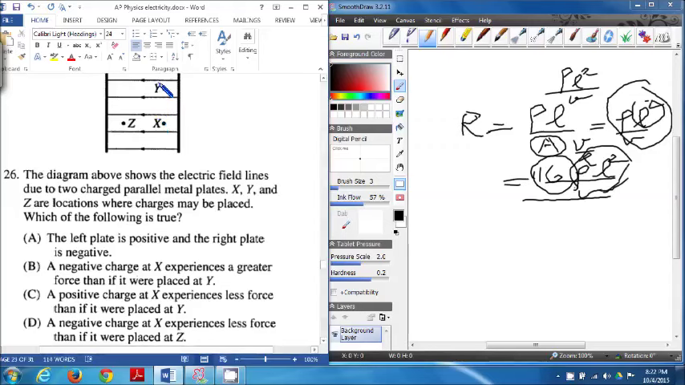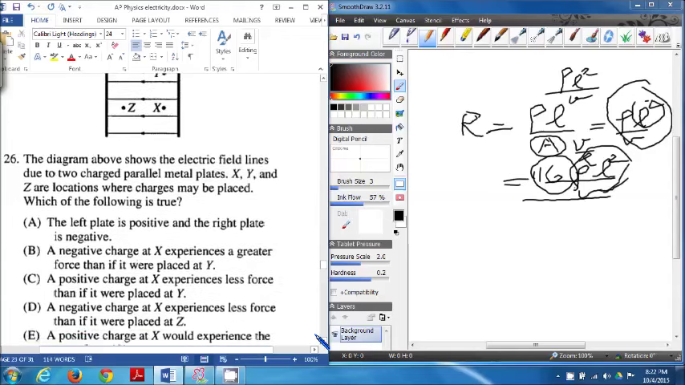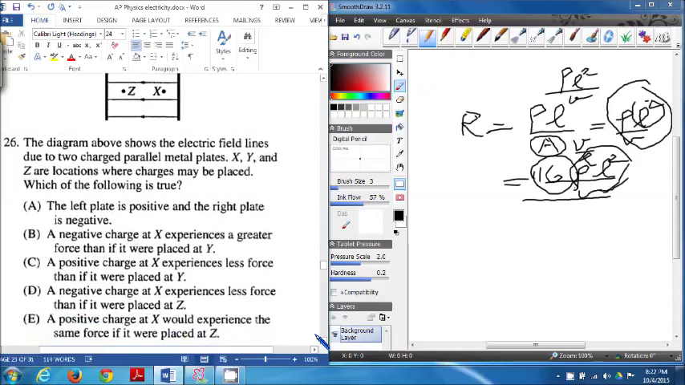No, because both are at the same distance from the plate, so they cannot experience a greater force. A positive charge at X experiences less force than if it were placed at Y. No, that is also not true. Both will have the same force. A negative charge at X experiences less force than if it were placed at